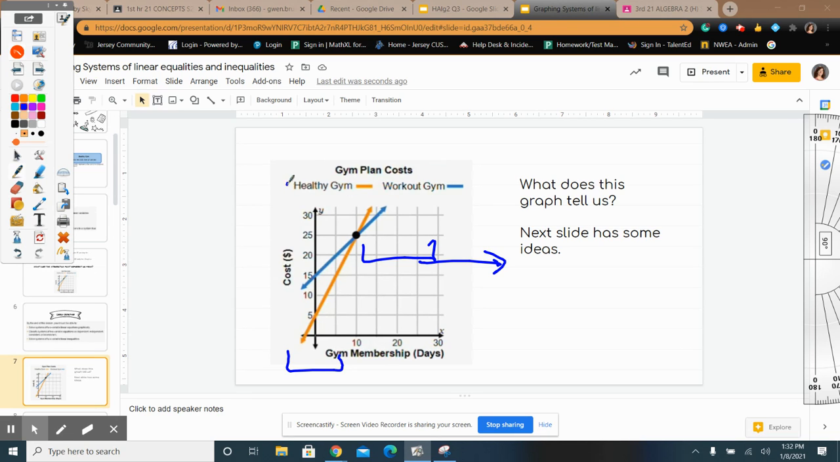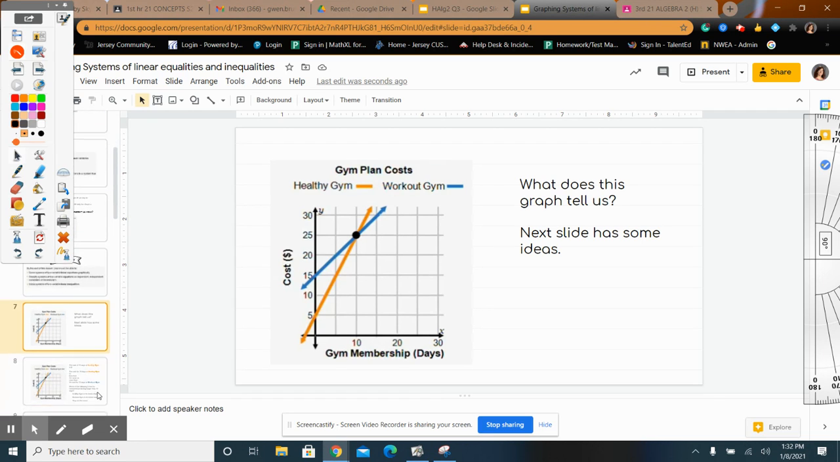So I would go to the healthy gym maybe if I was on vacation. If I'm on vacation, I'm going to join the healthy gym because it's going to save me money. I don't live there, and I can pay a relatively low price for 10 days compared to the workout gym. But after the point where they break even, they switch places. From that point on, the workout gym is the better price because it will be a lower total cost. That rate of change allows it to catch up and switches which linear function is the better